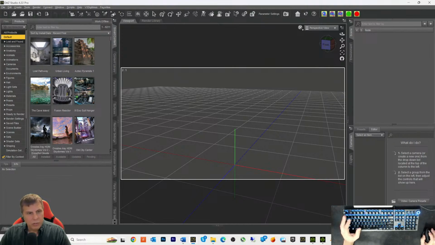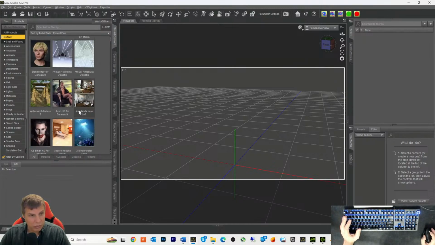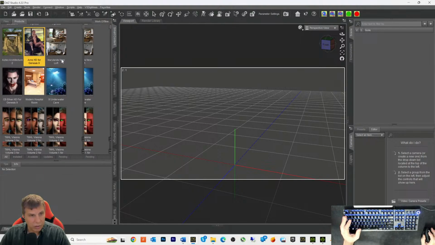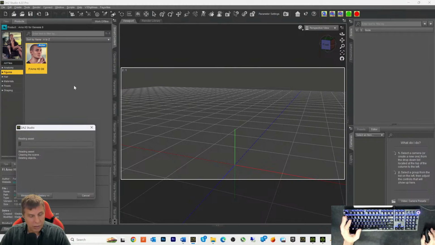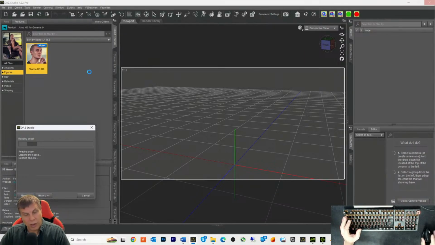Let's see if we can just load some textures on him and have this work, maybe. Here's Arno. They make you jump over an extra hoop just to get something that actually works. Because if I bring him in across the bridge and right into Unreal and then into